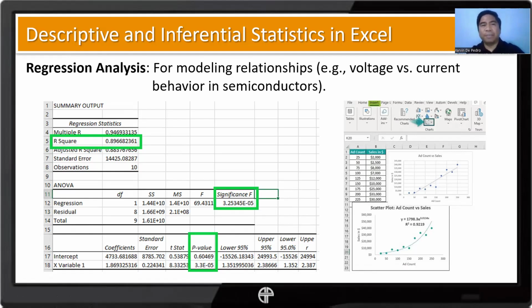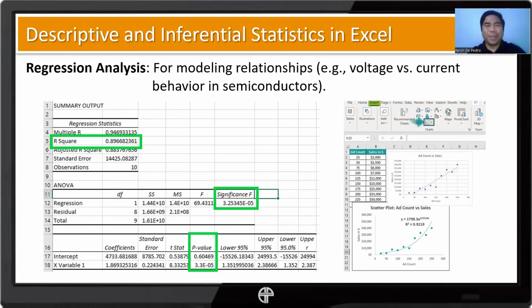Okay, and going back to regression, once we have our data set, we can use our Data Analysis ToolPak to perform regression analysis and come up with something like this. I just cropped out this one. Actually, we can have more of this. Plus, it can also come with some plots. So in regression analysis, one of the most important things that we look for is the R square, or our coefficient of determination, right?